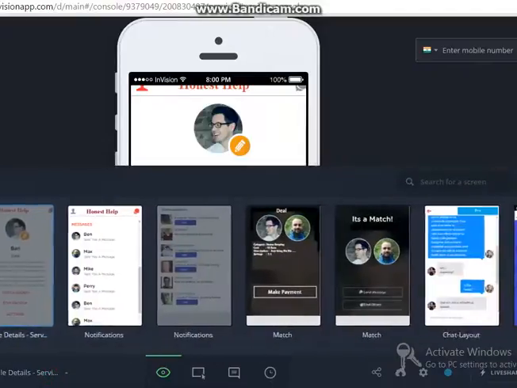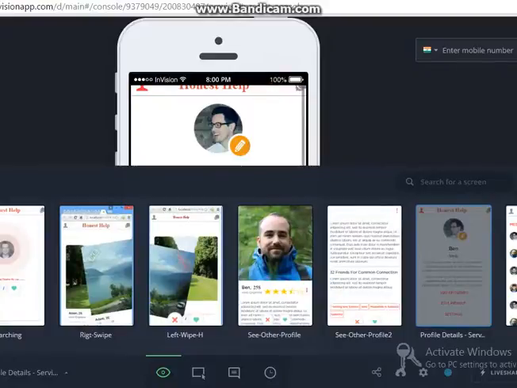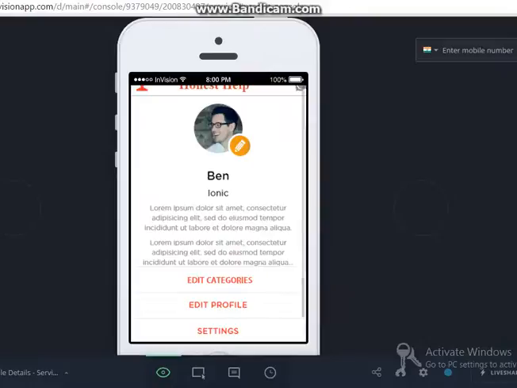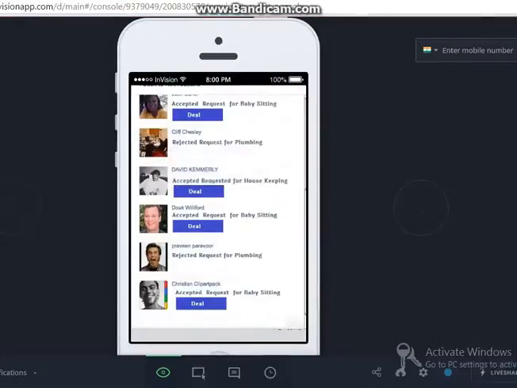And the layout for settings will be common, as we have already seen previously in the document, that it will be the common settings area. Similarly, the user can edit the categories, and the user can edit his own profile, he can change the description. However, after the service has been received,